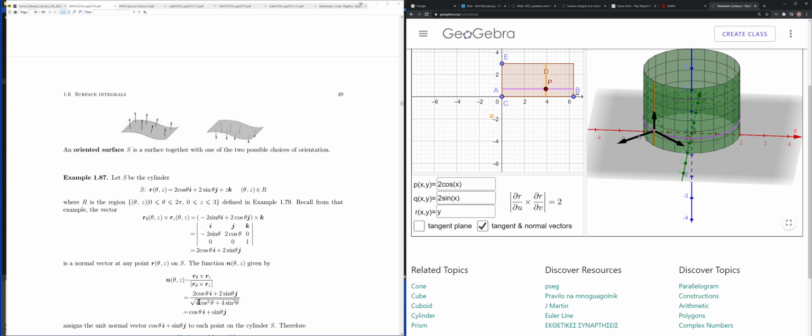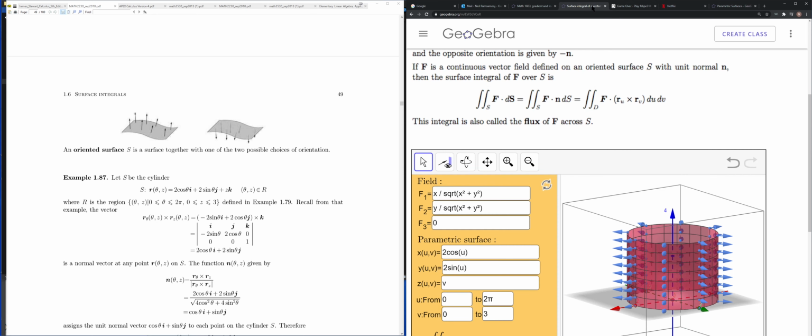And that would give me a 2 down here, and that 2 will cancel with the 2 over here and the 2 over here. So I'll get cos theta i and sin theta j, right? What you want to notice now is that each of these are actually unit vectors, right? Okay, so these are unit vectors, and for your various parameters theta and z, right, what that will give you